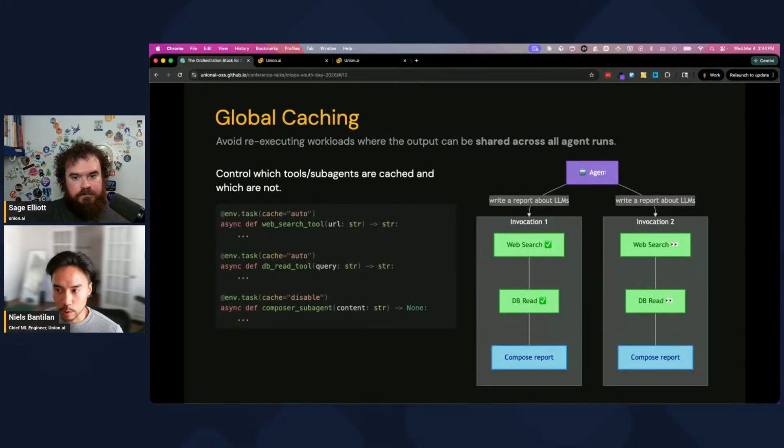Global caching is a similar idea to this fine-grained micro cache, but it's a global cache, so it's across all agent runs. This is to save and not re-execute work across all agents and across all runs. In this example in Flyte, the way you would do this is with the caching argument in the task decorator. In this case, the web search tool call is cached, the db read tool call is cached, but then maybe in your application,